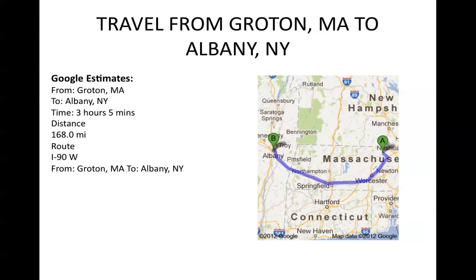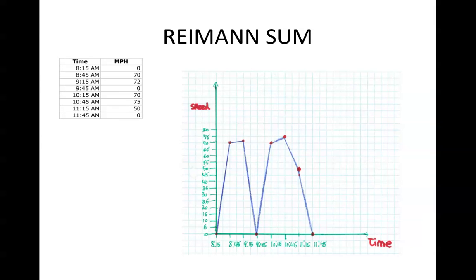Okay, so let's start by looking at how to calculate the distance traveled using left and right hand Riemann sums. Over the course of the trip, I detailed the velocity at each half-hour interval throughout the trip. So we have here a velocity time graph displaying each half-hour interval and the key points at which I recorded the velocity. And then we have a linear graph kind of showing